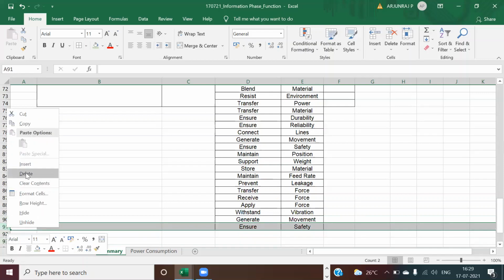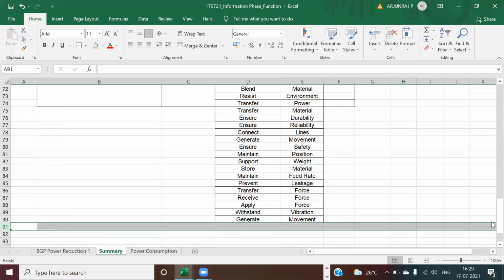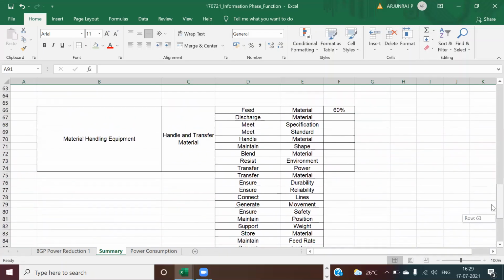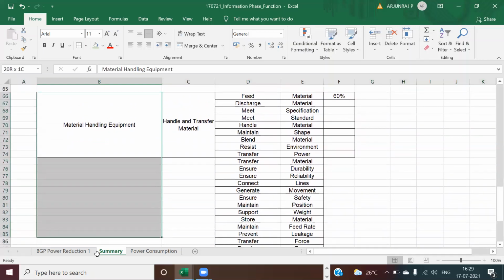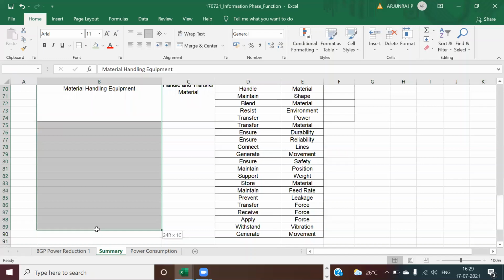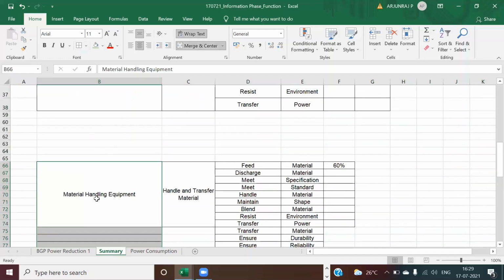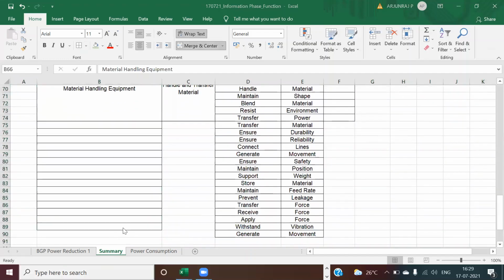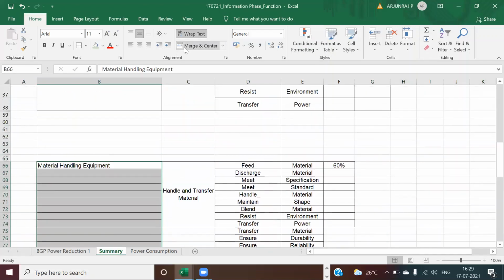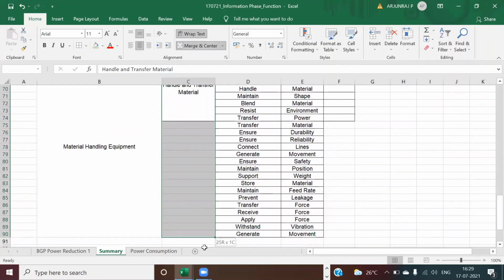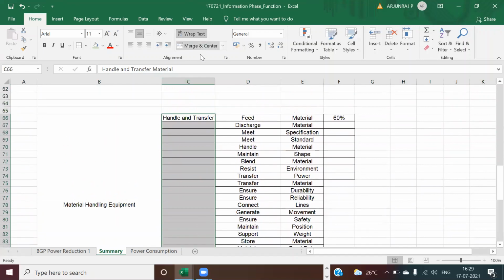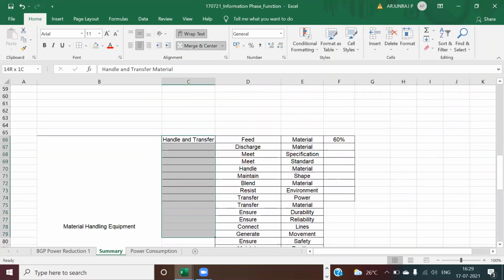Now you need to see which is not necessary in this one. Whatever is not necessary, you remove again. You are going to understand this one. See, as a complete material handling equipment, this is basically my complete product, or I can say this itself is a process. For this complete material handling equipment, or to handle and transfer my material, what is the requirement here? What you need to have, you need to look into it.